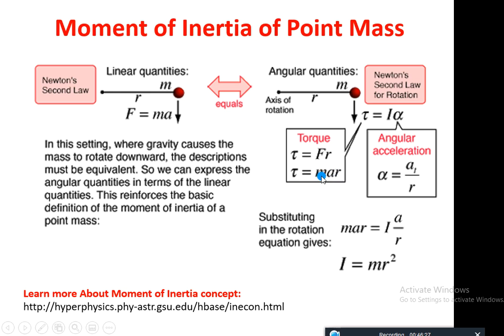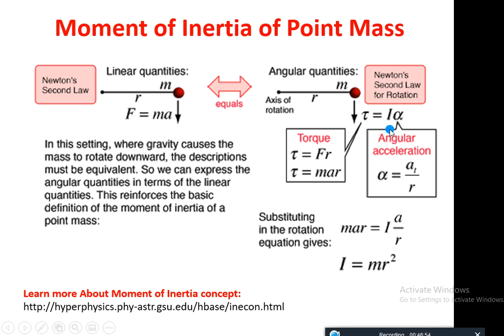And what about the angular version? Tau is equal to I alpha, and what is alpha? Alpha is the ratio of tangential acceleration to the moment arm. And finally, putting the value of alpha here, we have m into r into a_t over r, and comparing both, what we have